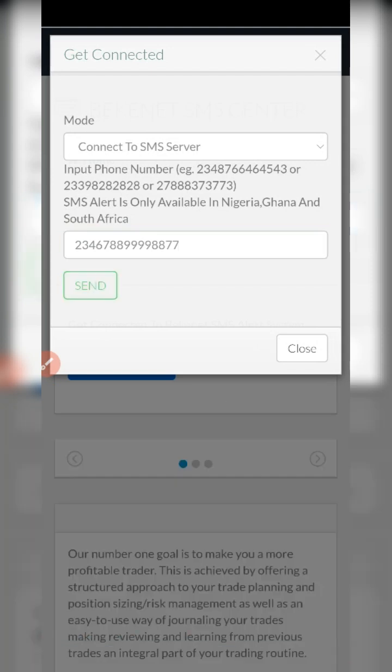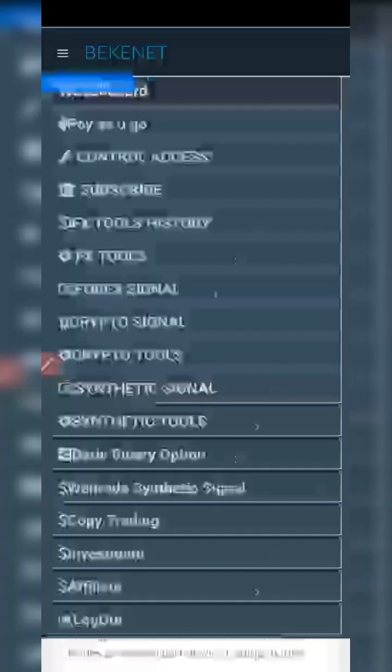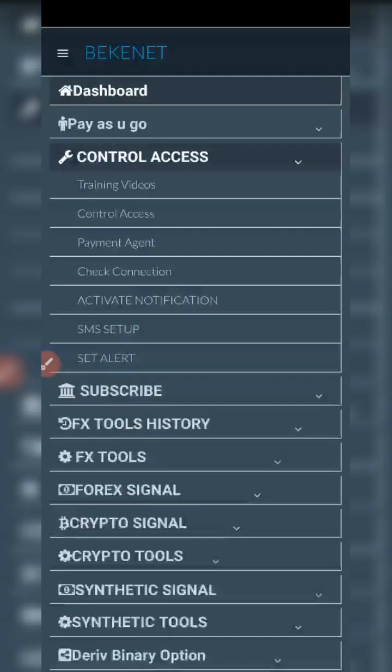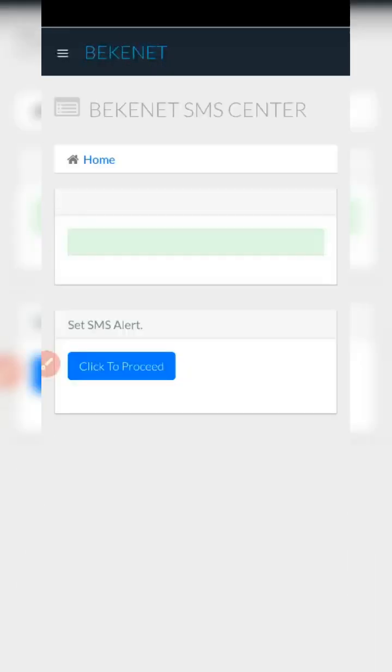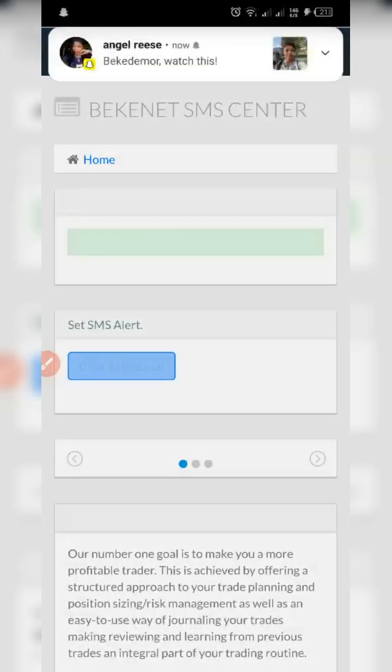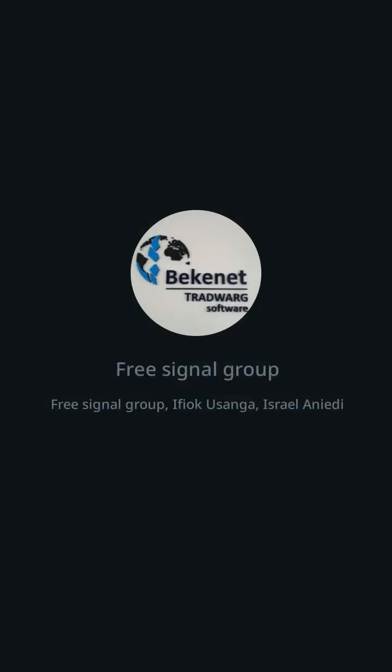Once you're done with that, you click send. Once you click send, the next thing you need to do is go back to that same menu, click on control access, click on set alerts. Once you click on set alerts, you come here, select trading machine, click on advanced key level, click connect. That's all. We are done configuring the